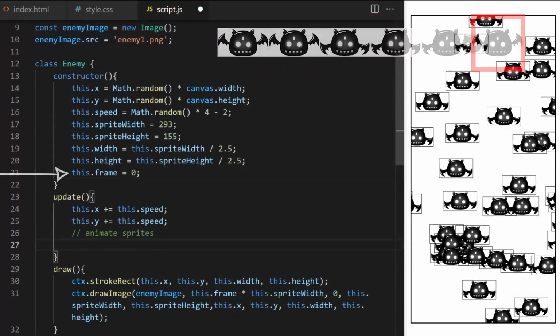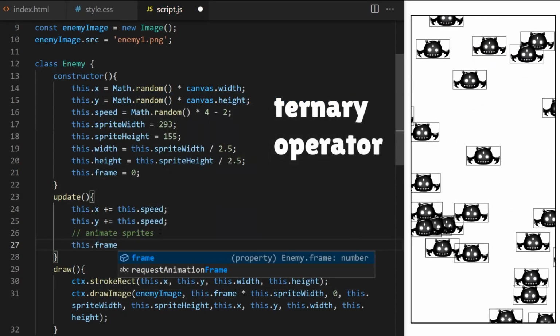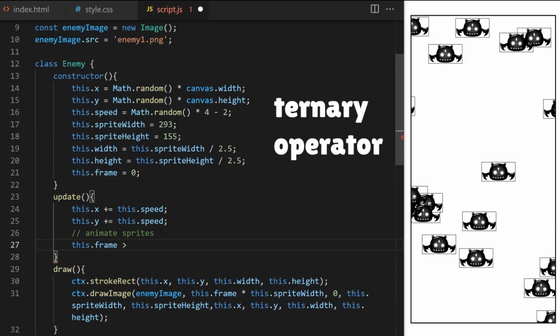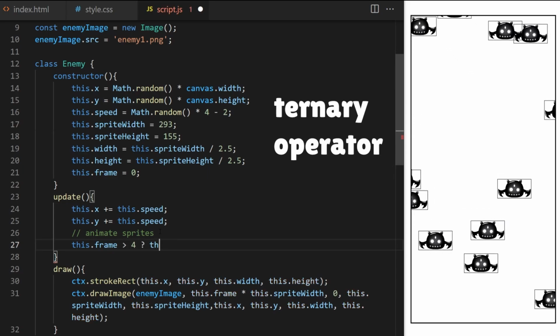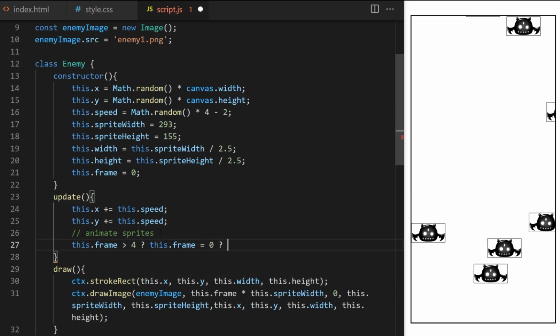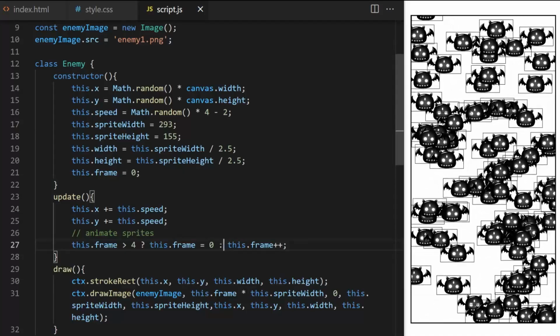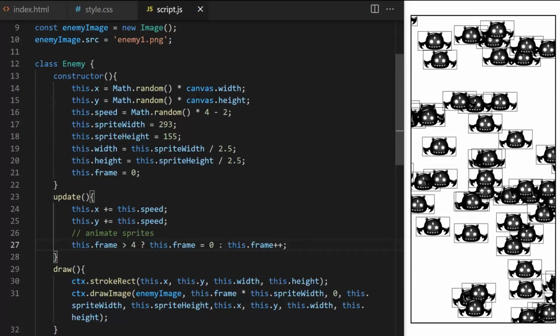I will use the ES6 ternary operator, which is basically a simple one-line if-else statement. I say if this.frame is more than 4, question mark, set this.frame back to 0. Else, colon, increase frame by 1, this.frame plus plus. This should be colon. Our bats are flapping their wings and animating, but they flap very fast and all of